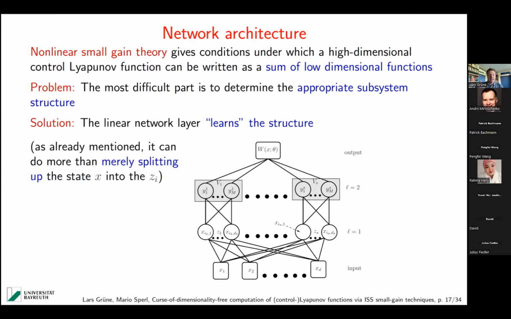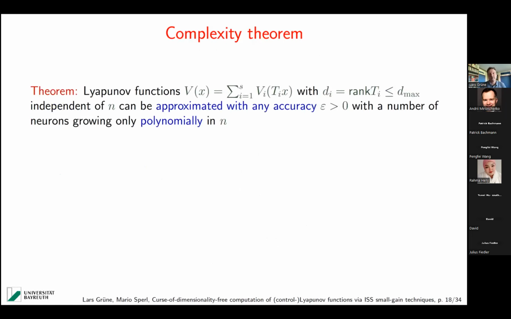It can do more complicated transformations. So it need not be that we only split up the axis here, but it could actually be that we make a linear transformation, for example, or even a nonlinear transformation. The theorem here is for linear transformations. So what we assume here is that we have this separable structure, but a bit more involved. We allow for linear transformations here. And now what was the dimension of the subsystem before is now the rank of this transformation.